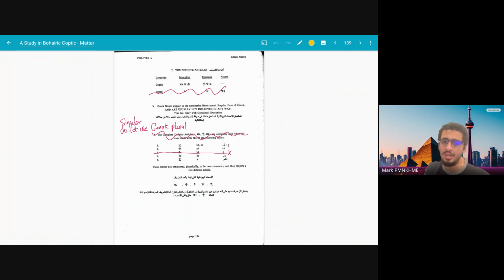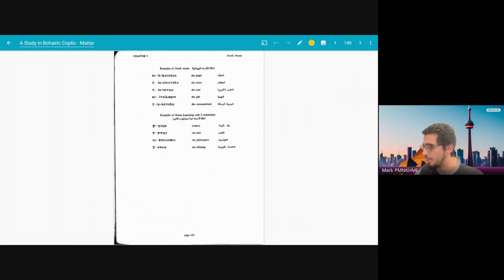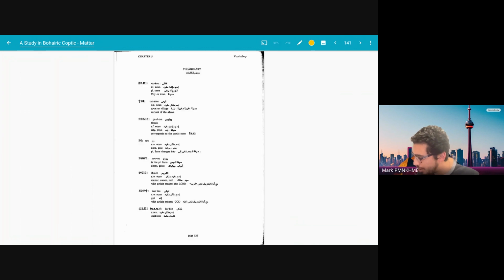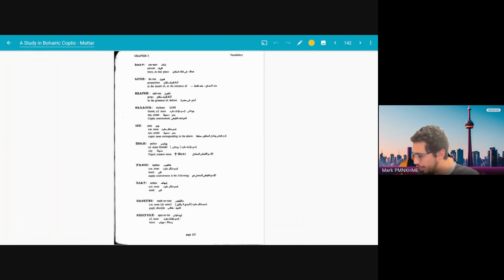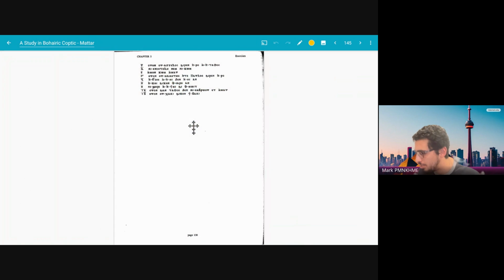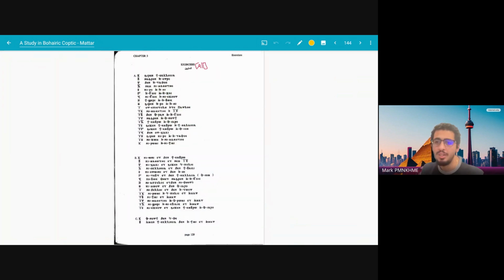Same way you just get a Greek word and add an s to it in English, and you actually anglicize its plural. You don't have to worry about it. Most of the time, it just comes in singular form. I'm not sure you have to worry about this so much. That's it. And then you have the vocab and the homework. Just do the whole thing. It's not actually long, and it's exactly the same as Lambdin, so it's good practice.